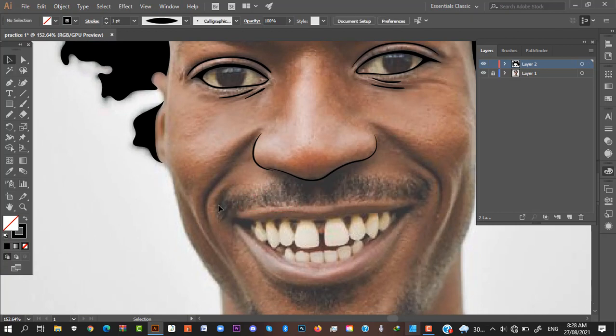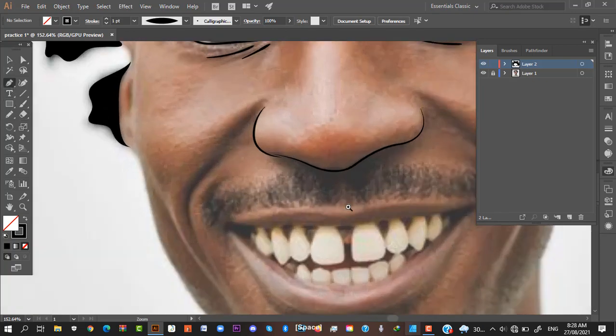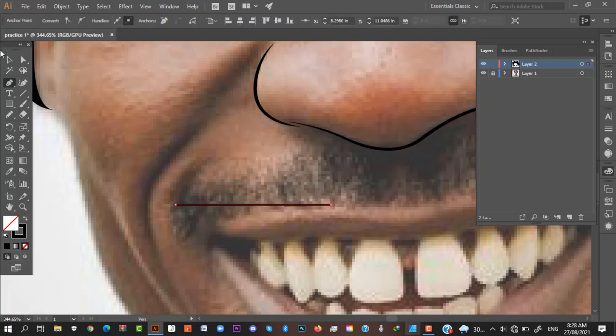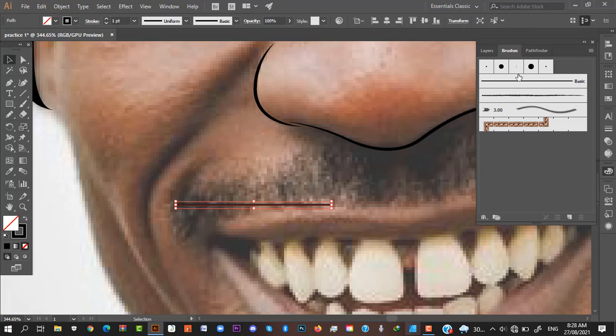But if you're using a pen tablet, this is how I create the hairbrush I use. So with your pen tool, just make a shape. Hold shift to make sure it's straight. Click anywhere. Select this. Go over to your brush panel. Just change the width profile first to this. The first one. Drag it